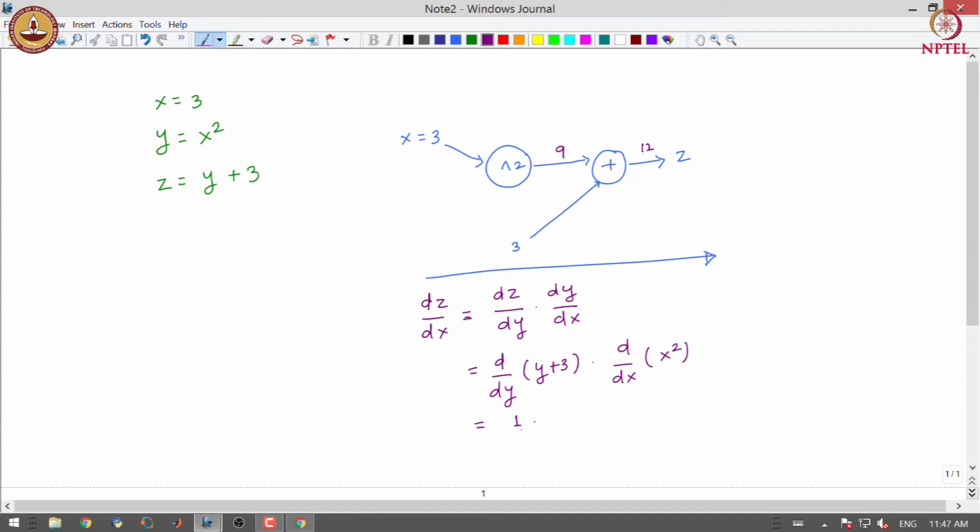So, this whole thing is 1, and from this side we get 2x. So, the derivative is 2x. At x equal to 3, this value is 6.